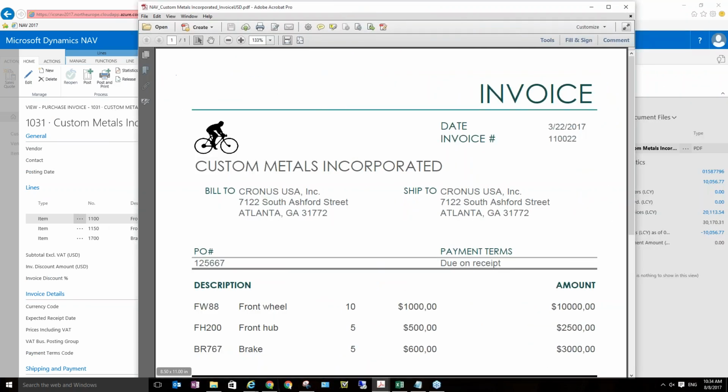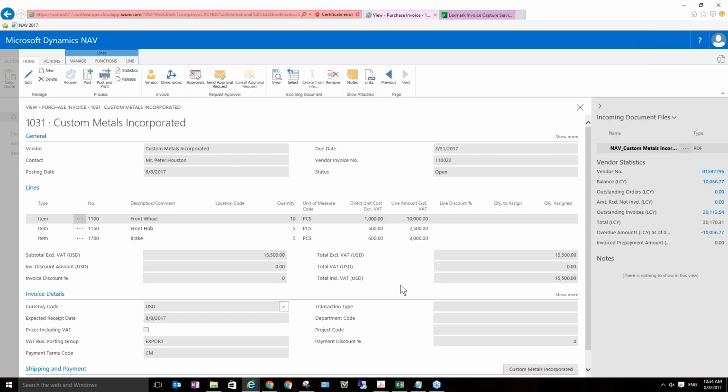So this is still known as emailed from the supplier or scanned by you into the ICS capture service. It will tag along with the invoice all the way till your payment, and then it will be archived in NAV for future needs. But that's basically how it works in